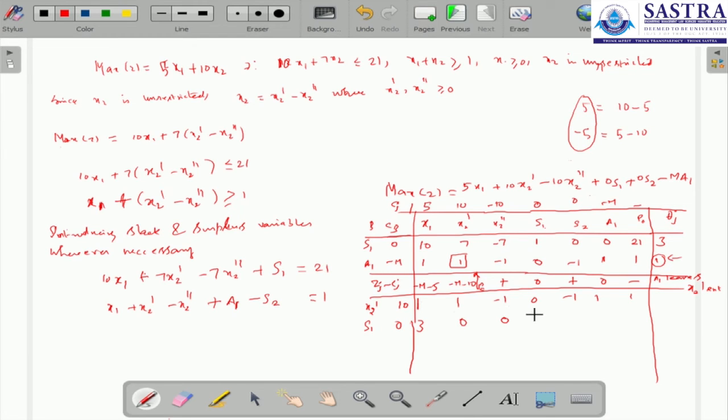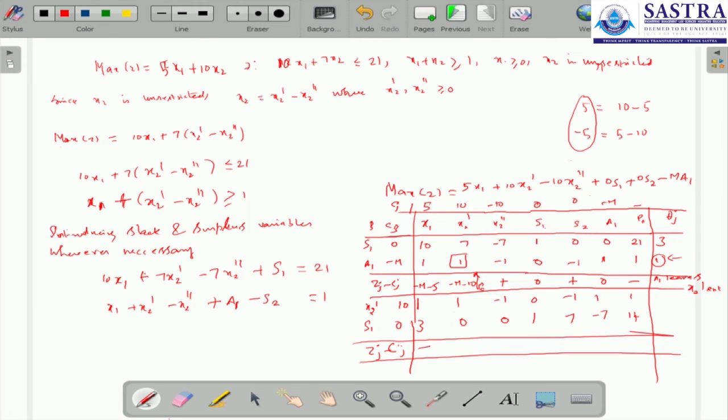1 minus 7 into 0 is 1. 0 minus 7 into minus 1 is 7. 0 minus 7 into 1 is minus 7. 21 minus 7 into 1 is 14. So I need to compute once again Zj minus Cj. So Zj minus Cj becomes